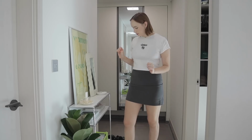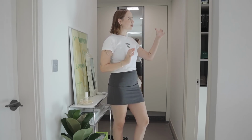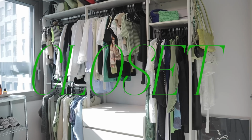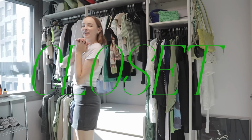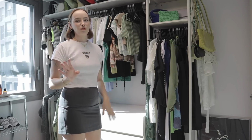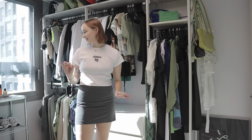So yeah, that's this corner. Now if we turn left here from the hallway, we go into our clothing room. So let's have a look. Welcome to the clothing room. This is Jake's favorite room because he is a fashion enthusiast, so I tried to kind of...